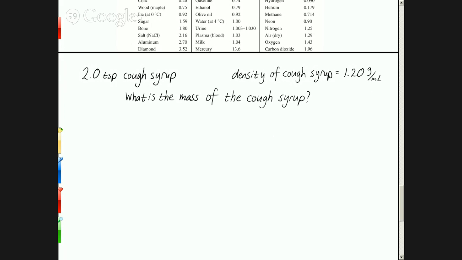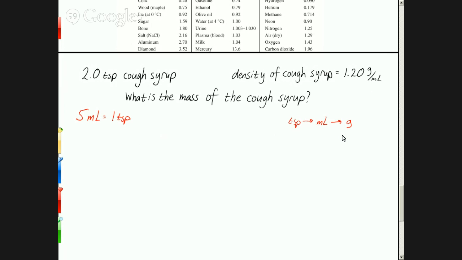And you need to know one more piece of information, and that is that there are 5 milliliters in 1 teaspoon. So we set this up just like a conversion problem, but we need the density to get us from volume to mass. So our basic plan here is to go from teaspoons to milliliters, and then use the density to get from milliliters